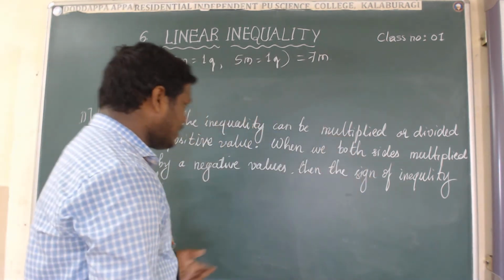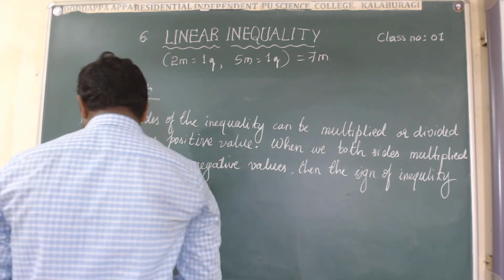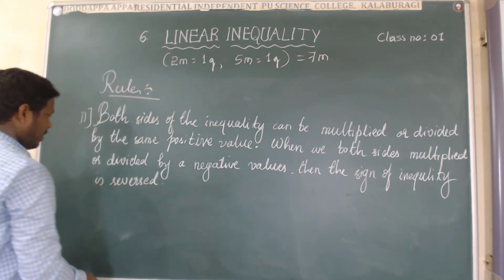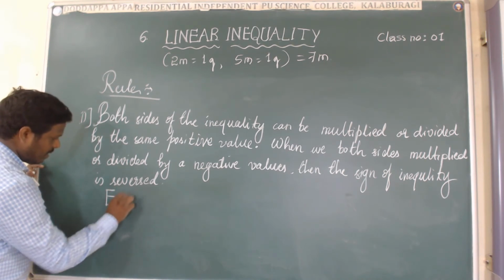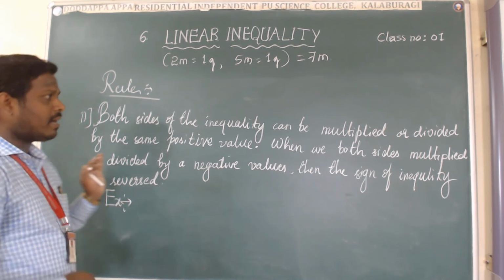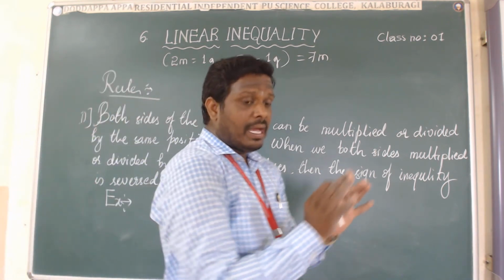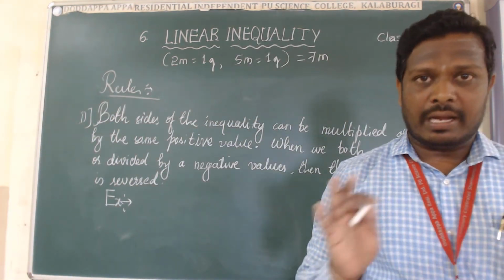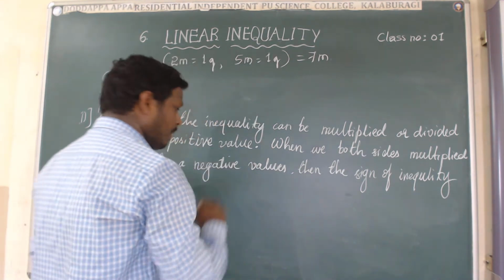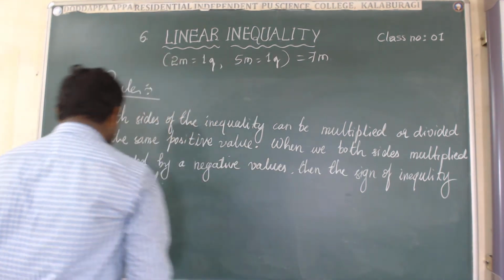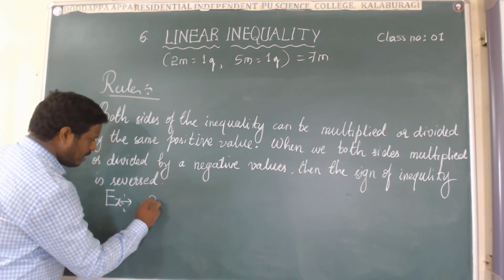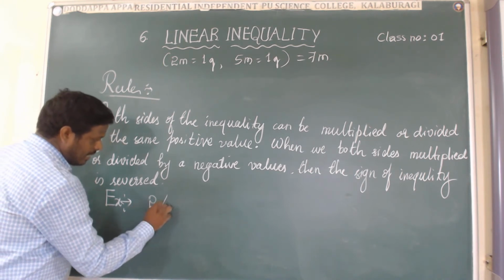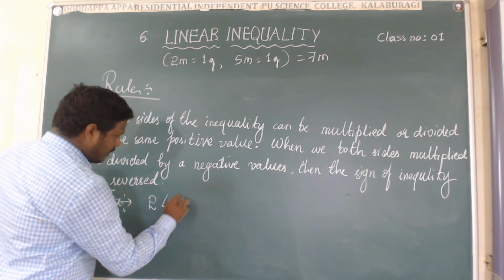Let us come to an example on this, then you will understand very clearly and perfectly. Come to an example on it. First of all, I will multiply and divide by a positive value. Then what will happen in the given statement of the inequality? Check whether it will change or not. I am going to write one more statement here, that is, 2 is less than 5.